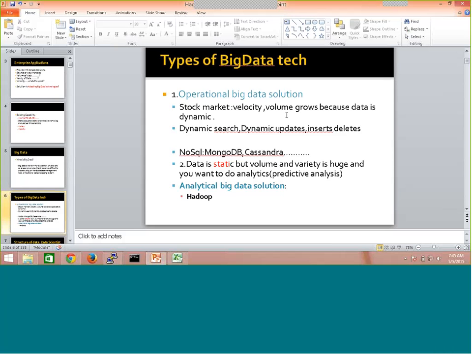NoSQL doesn't strictly adhere to integrity rules or the ACID properties of your SQL, your RDBMS parameters. So whatever data you want to analyze, you need to look at a solution where you can load the data. So that database is what we talk about as a NoSQL database, and out of those NoSQL databases, we are talking about